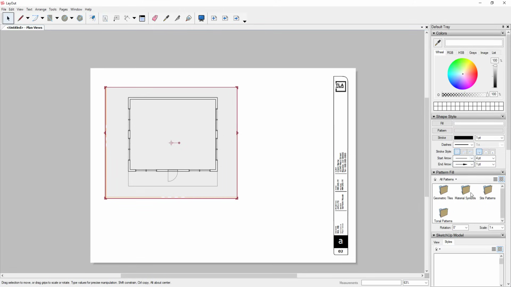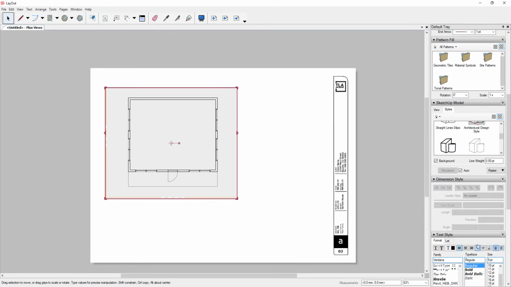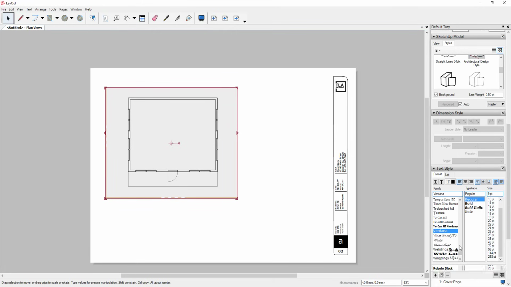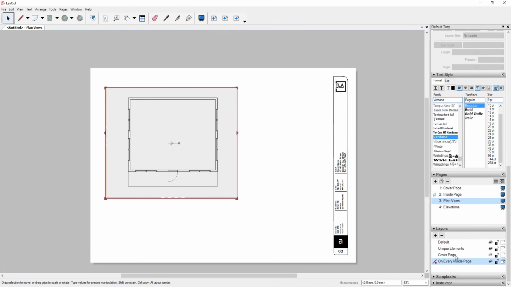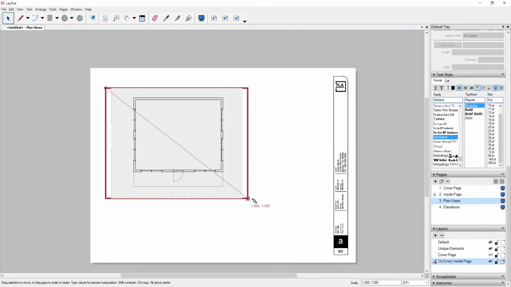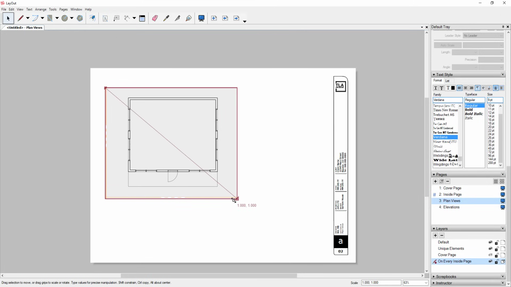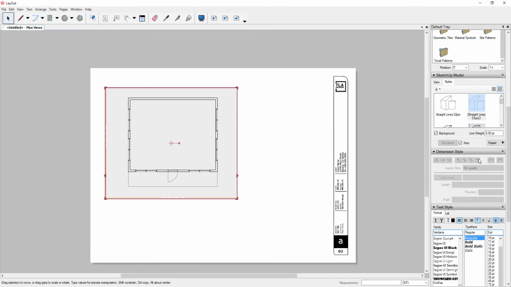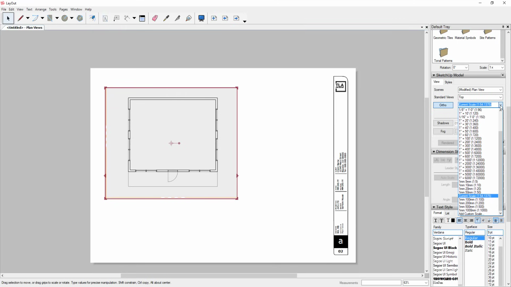So the last thing I want to talk about is scales. When you bring this into your model, right now it's just sizing everything based on the window that you have in here. So right now this isn't set to a certain scale. You can see how if I go over to SketchUp Model and I click Scale, or if I look at Scale, right now this isn't set to any real scale. So what we want to do is come in here and